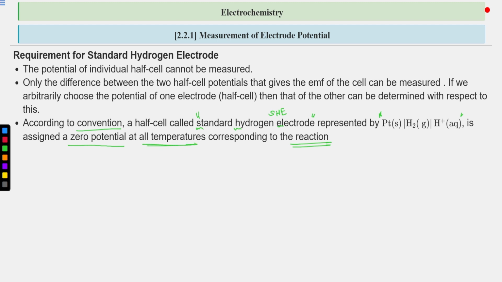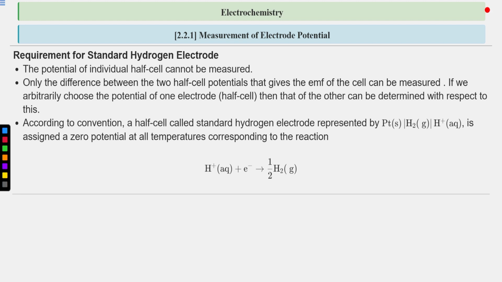If you add this SHE, or standard hydrogen electrode half cell, to any cell as one half cell part, then this half cell will have zero potential. So you can determine the difference between the two half cells, because this one potential will be zero and the other you can determine, if you take this SHE half cell with any other cell, which corresponds to the reaction